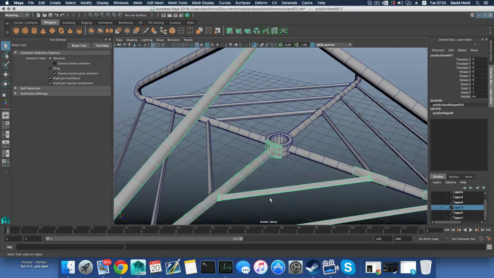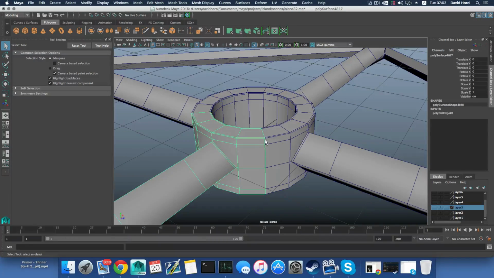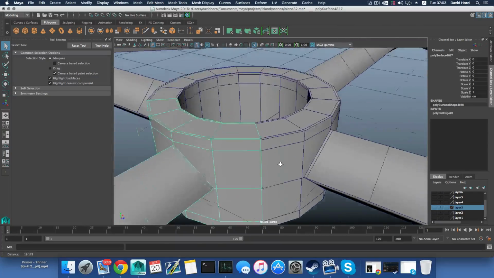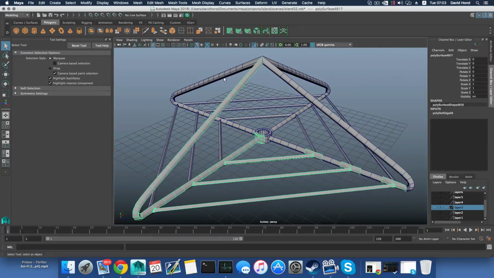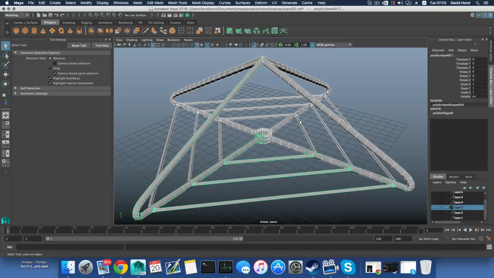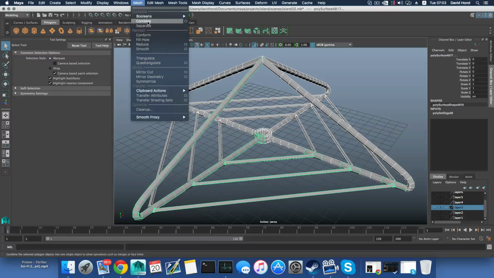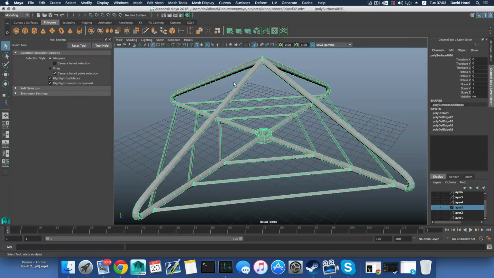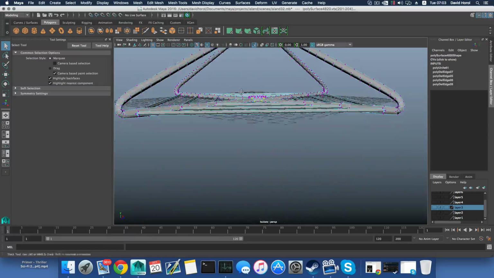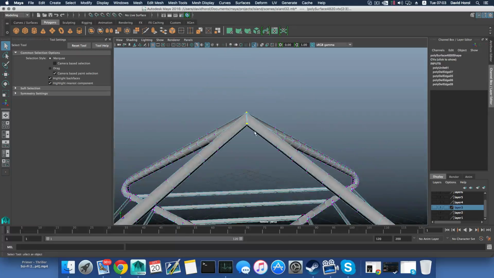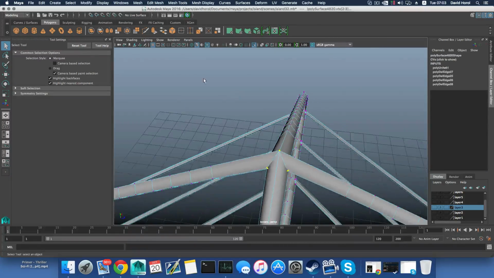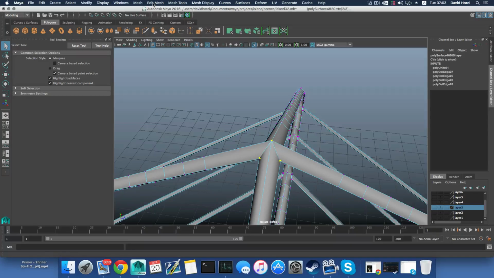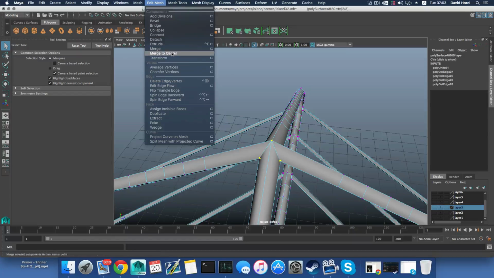So it will be hard to connect those because there are a lot of very nearby vertices. Okay, so if it won't work, I will need to reduce the edge loops that I made and really connect this, add them back later. So combine, right click, choose vertices. We know that these should get connected, but we know that this is a little bit of a problem right now. I'm gonna try and do a merge, but this will be